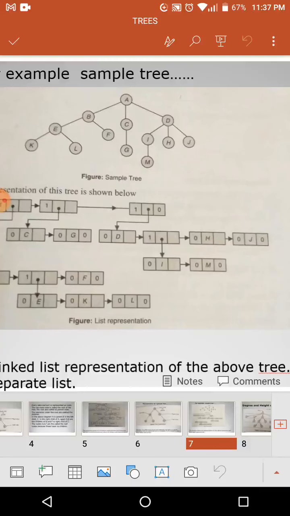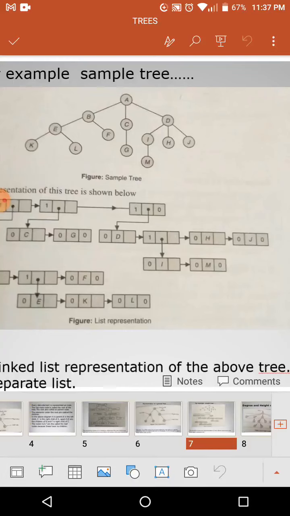Next, D is one of the children of A. D is again one more subtree, in which I is one more subtree. So D is represented with three elements, I, H, J. I is again a subtree of D, and I has one child. Look at the arrow marks to see how the data is linked here. D has three children: I, H, J.